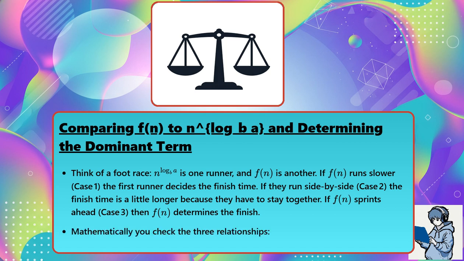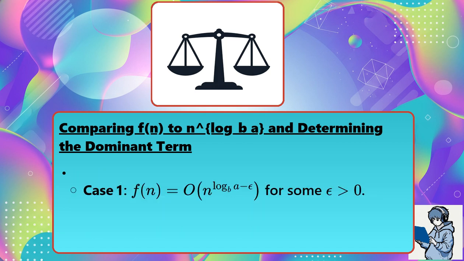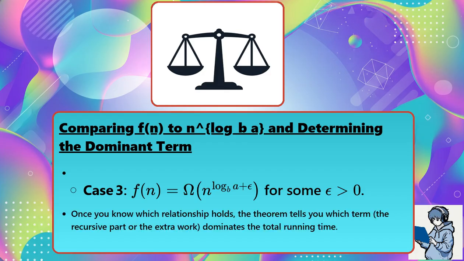Mathematically, you check the three relationships. Case 1, f of n is big O of n to the power of log base b of a minus epsilon, for some epsilon greater than 0. Case 2, f of n is theta of n to the power of log base b of a times log to the k of n, for a constant k greater than or equal to 0. Case 3, f of n is omega of n to the power of log base b of a plus epsilon, for some epsilon greater than 0. Once you know which relationship holds, the theorem tells you which term, the recursive part or the extra work, dominates